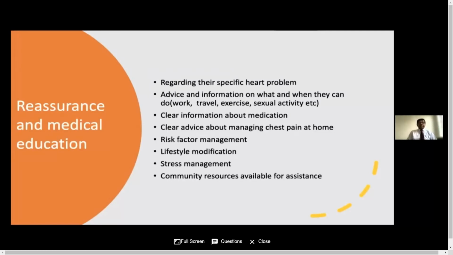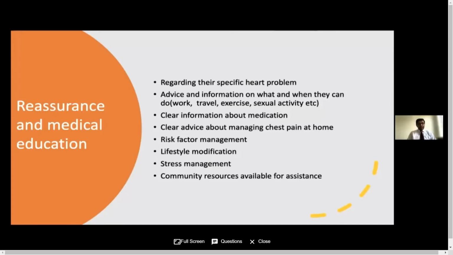Reassurance and medical education. You have to tell the patient about their specific heart problem, what happened to them. Explain it in simple language. You can use diagrams and heart models to explain the condition. And you have to give clear advice and information on what and when they can do, such as work, air travel, exercise, sexual activities, etc. As an example, with regard to driving a car or motor vehicle,